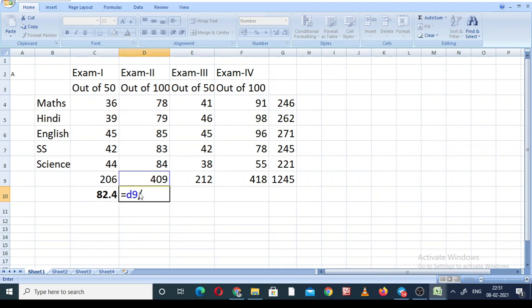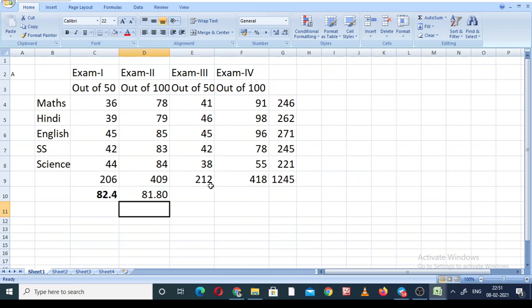There are 5 subjects and in the second term exam, the maximum marks were 100 for each subject. So total 100 into 5, 500 marks. Multiply by 100. Enter. 81.80 is the percentage scored by A in the second term exam.